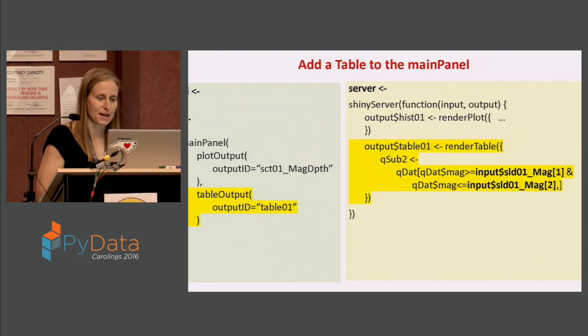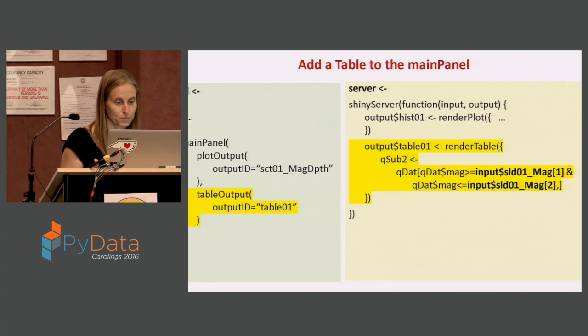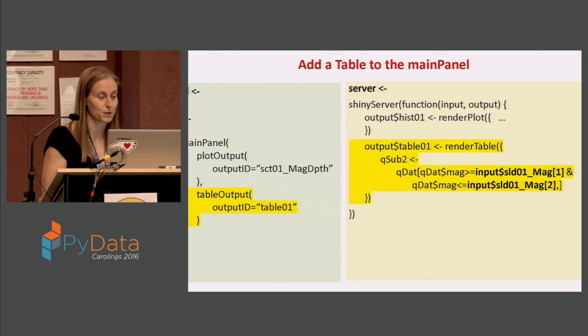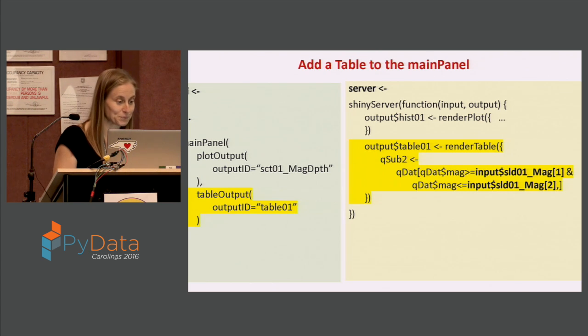So let's say that we want to add a table to our main panel. Then in our UI script, right below where we put that plot output, we're going to have to make sure there's a comma after the plot output, because we're in this main panel function, we're going to add a second argument. The second argument is for this table output. So table output, and again, when we're saying where to put things, we just have to give them an ID. So this is going to be table 1 in my case. And then make sure there's no comma after that one, because it's the last thing in that panel,